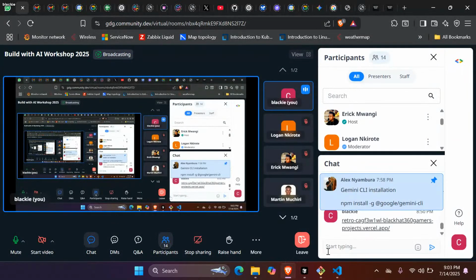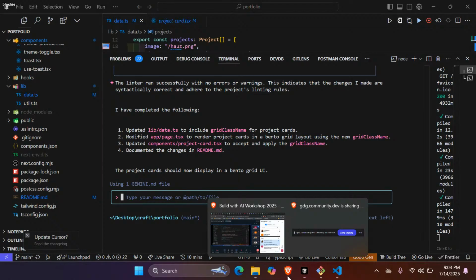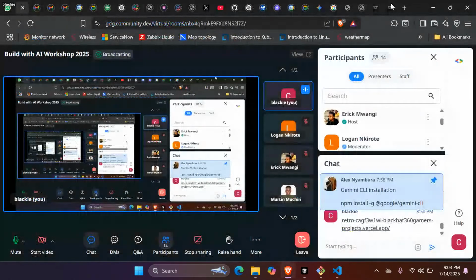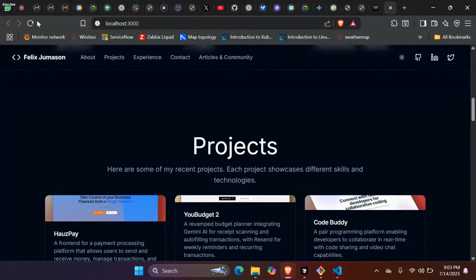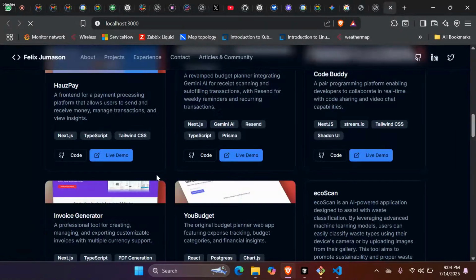Any question before it breaks my code? Okay, I've completed the following changes. Layout, use grid. Okay, let's refresh, see if it does. It does not. It does not.